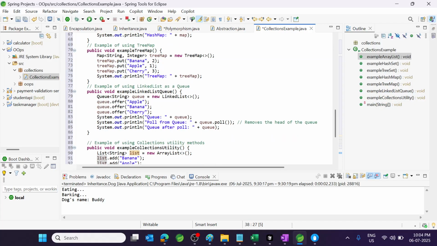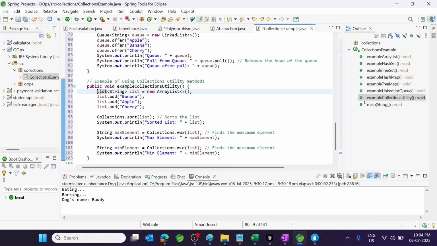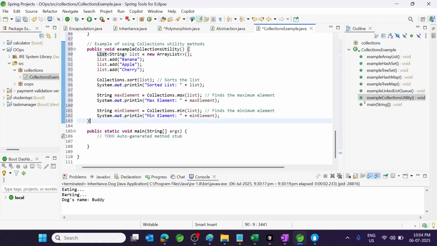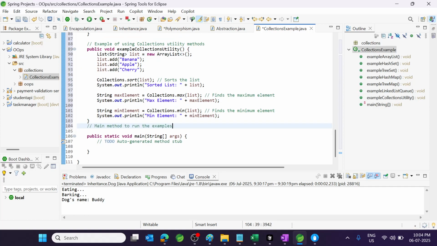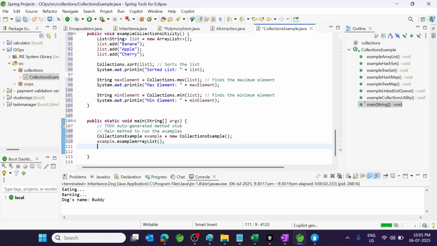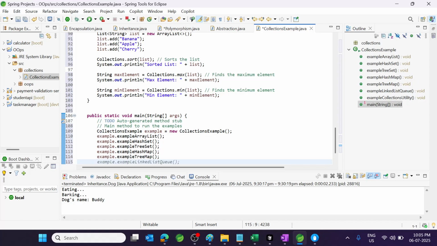Here also we have created another method in that we put Collections.sort(list). Creating and calling the method to showcase the output of the Collections framework.